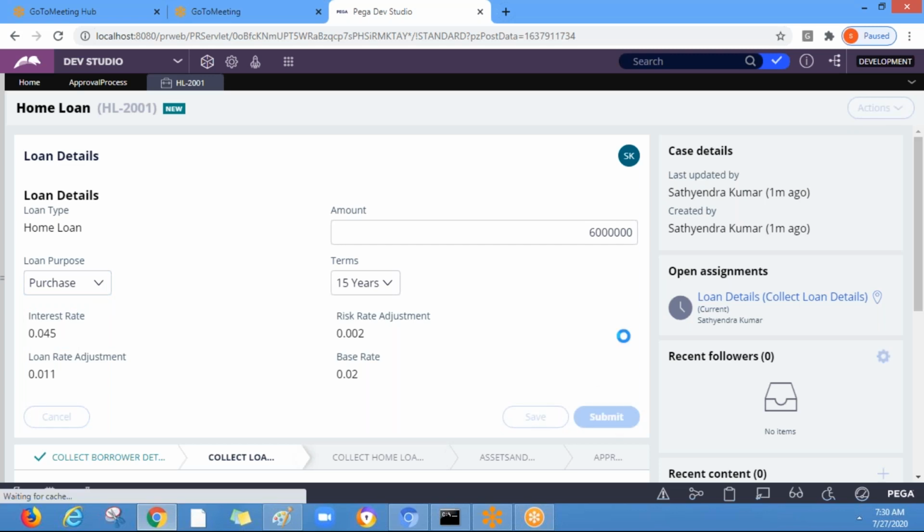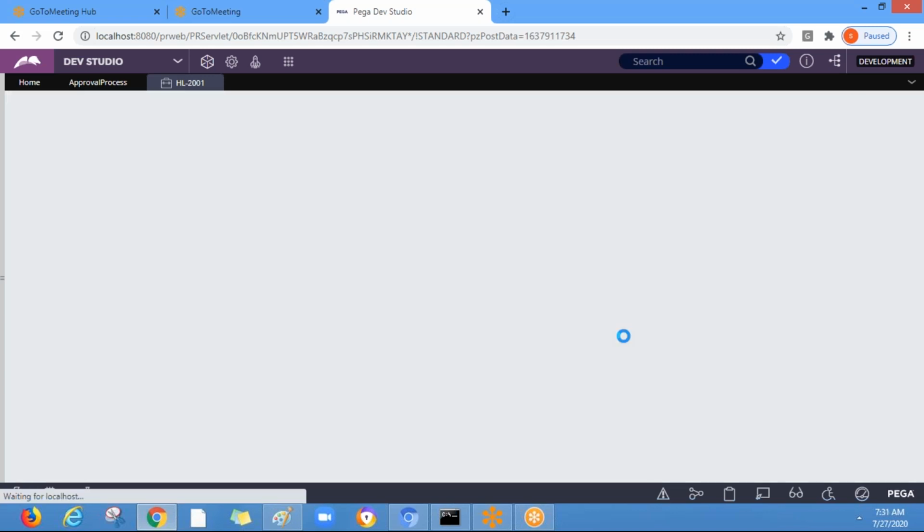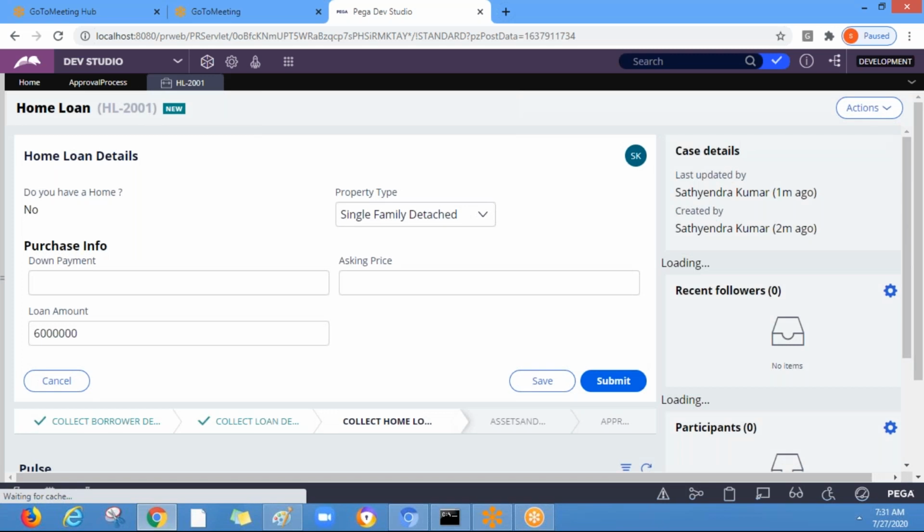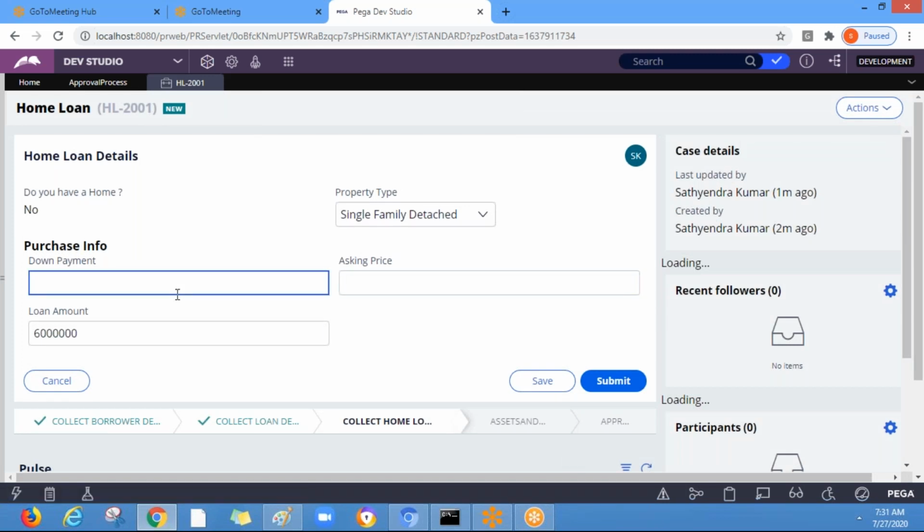So let's submit this. Now the down payment, let's put. If the down payment is 20% or more, then the PMI premium will not be calculated.